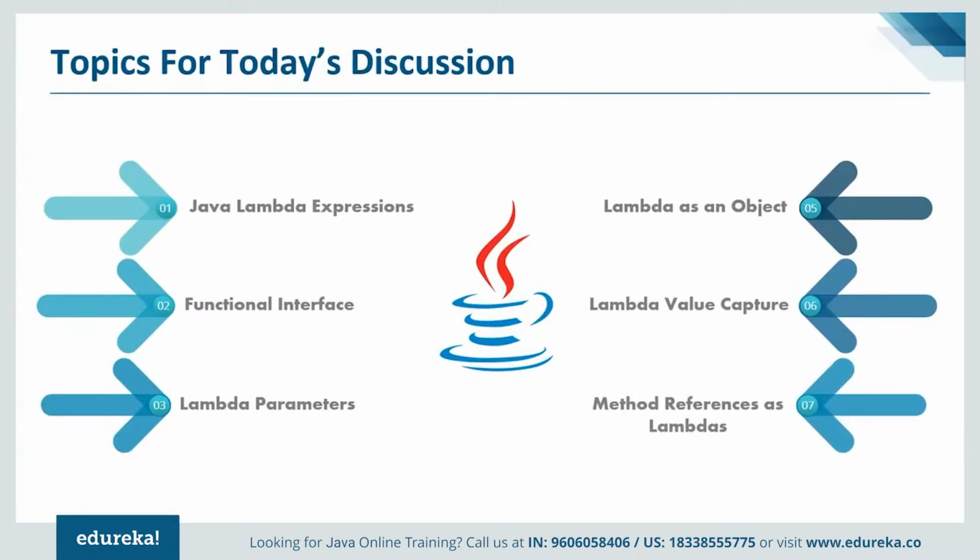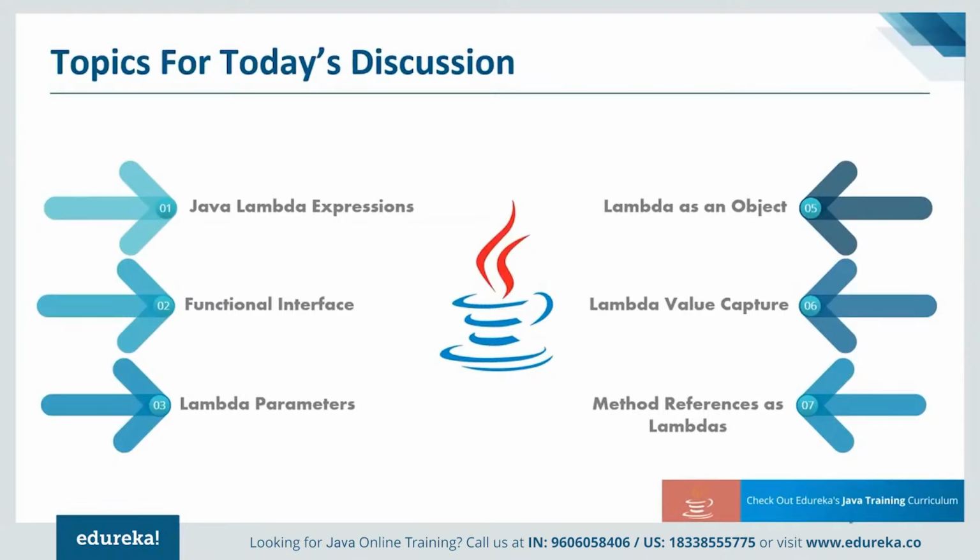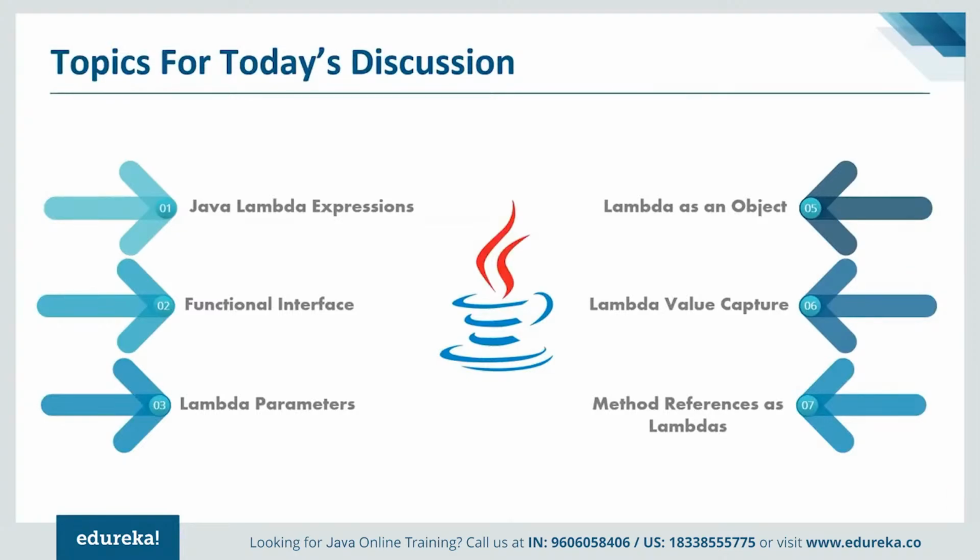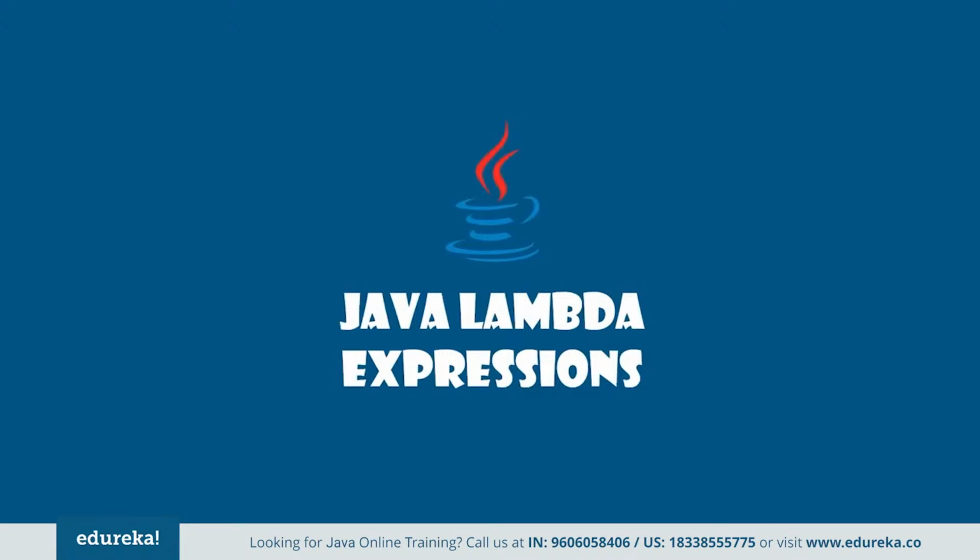So to begin with, why lambda expressions? Lambda expressions are a fundamental approach to functional programming in Java. So this is an introduction to functional programming in Java. So what is this functional programming? Functional programming is a programming paradigm, right? And you can say it's a mathematical way of solving a problem. You can just correlate your functional programming as a mathematical function. So functional programming is always based on the lambda calculus,